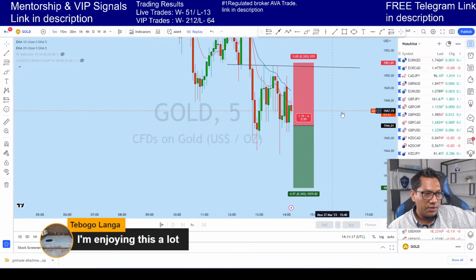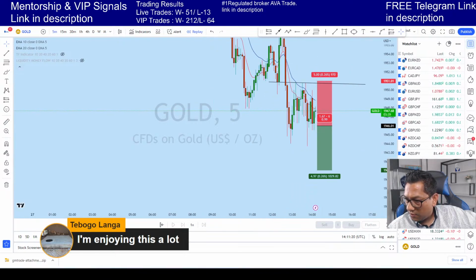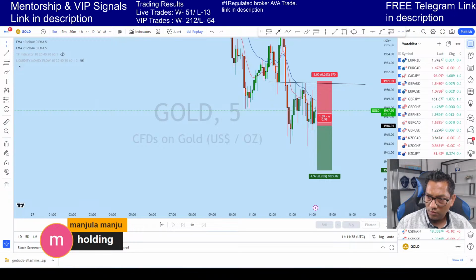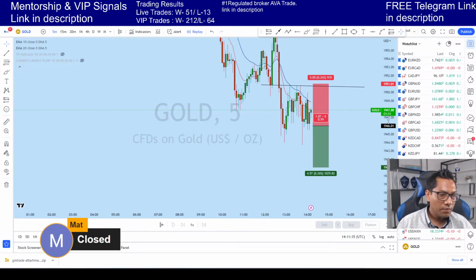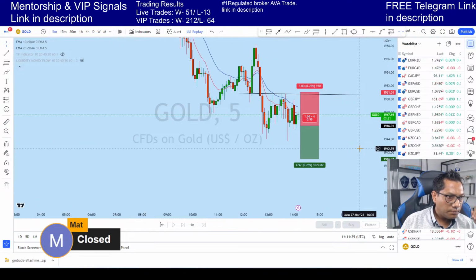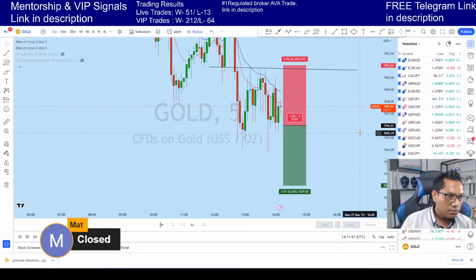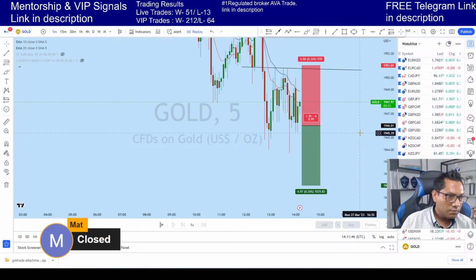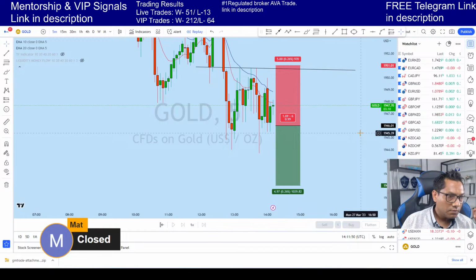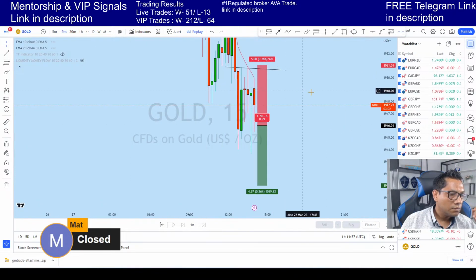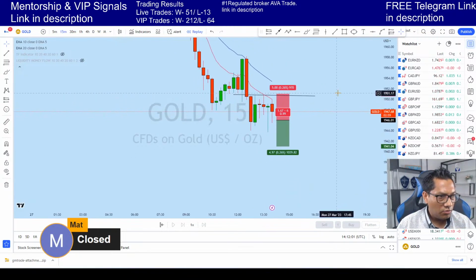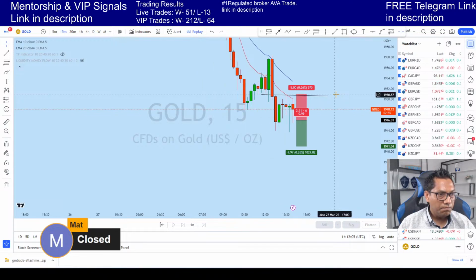So we see that you can see the buyers not getting enough strength. Very good, thank you. So this is the 15 minutes candle, which is a bearish candle so far,